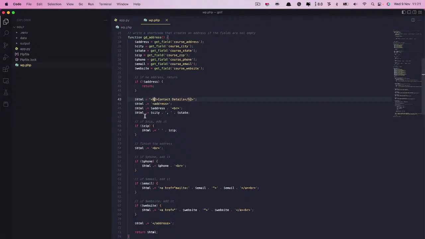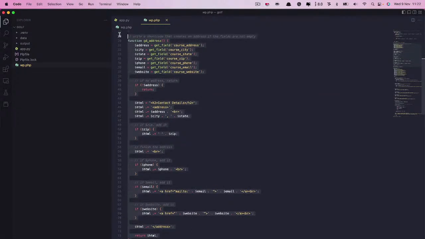All it's really doing is taking each piece of the address, starting with the address, city, and state. So first line of the address, city, and state, and then if there's a zip, it adds that. If there's a phone number, adds that. Same for email and website, and then it returns the HTML. And then it adds the shortcode, just called address. So if I copy this,